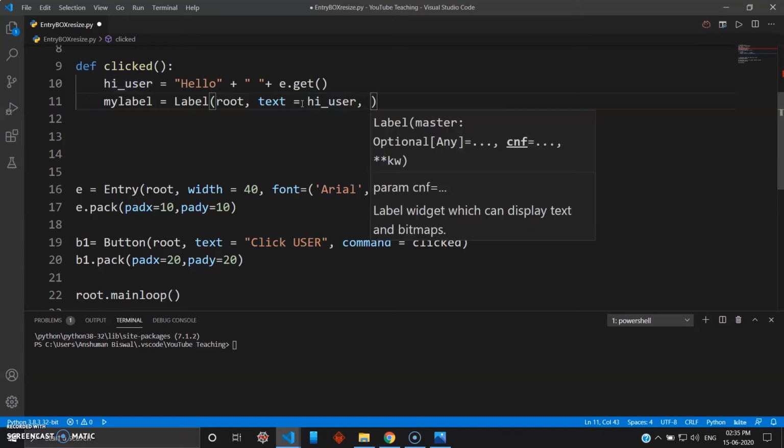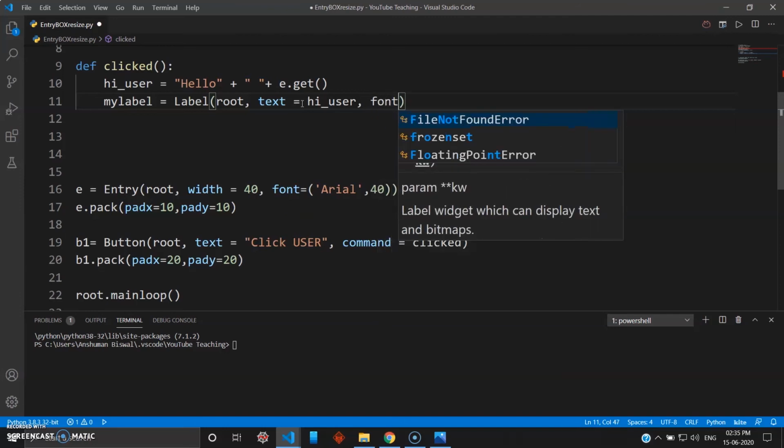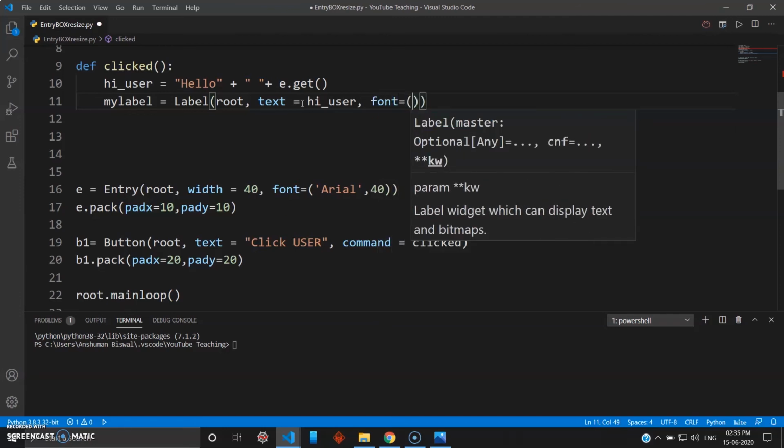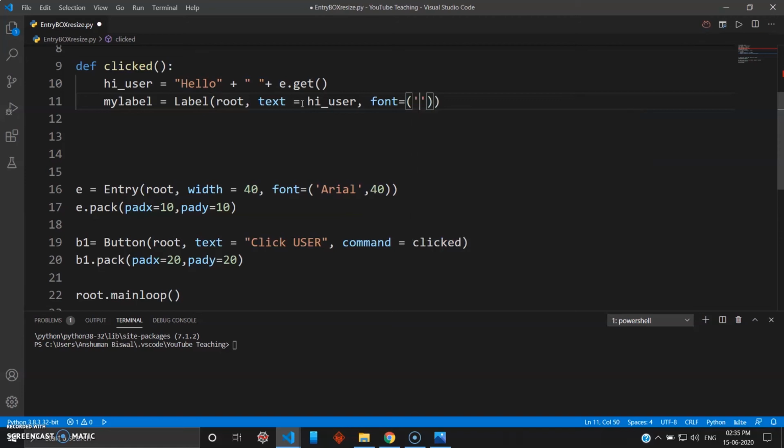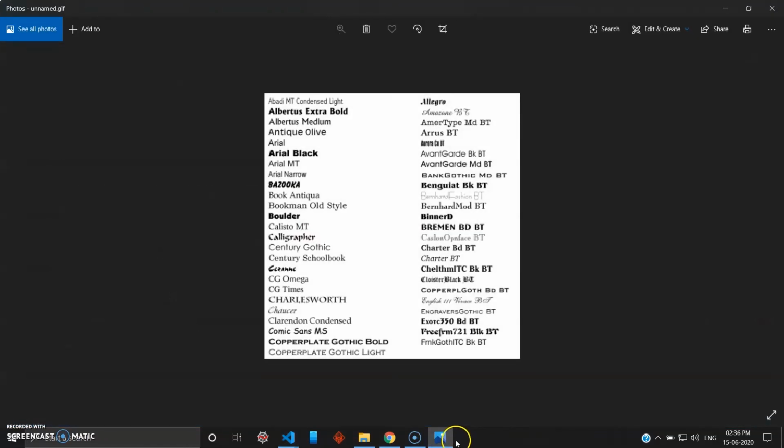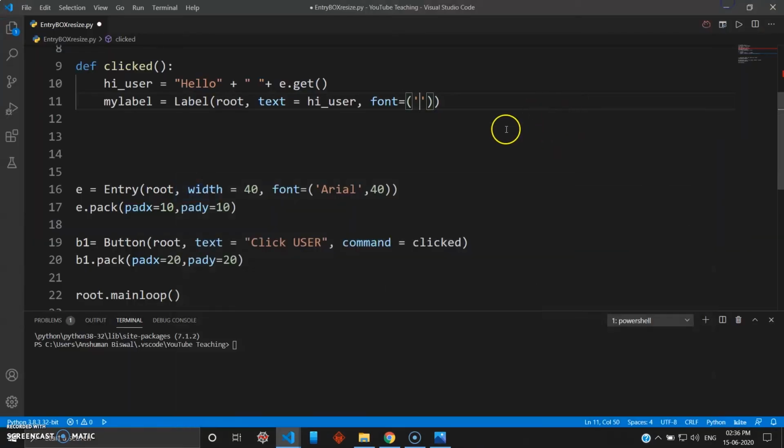So once you have done that, how about let's use the font here also. So we'll give font here also, and we'll try some different font this time. Let me just open the cheat sheet, and let's use Arial Black. Yeah, the bold one.